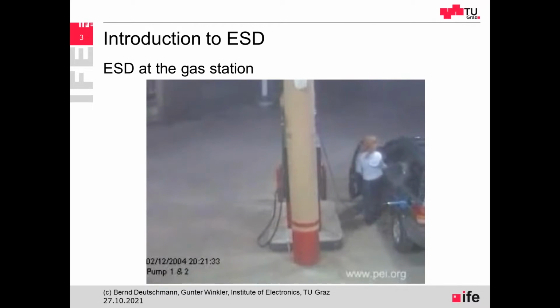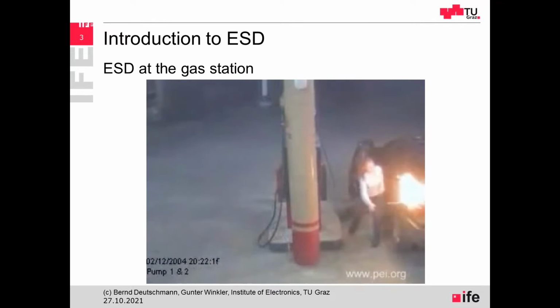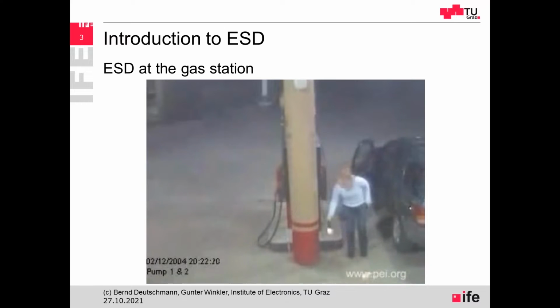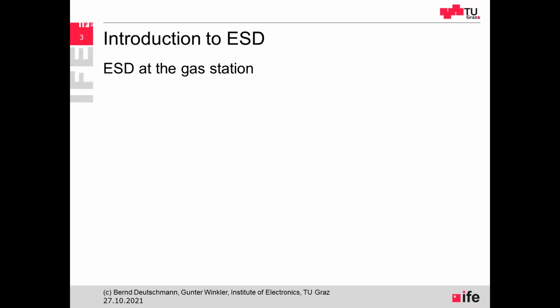So now take a closer look what the woman is doing. So she's getting in the car, getting a little bit out of the car, lifting the feet, and then more or less jumping out of the car, ripping the pullover, and bang, there is an electrostatic discharge. So I think this woman has acted in a very, very good way. I'm not sure how I would have reacted if there is a kind of explosion in my car.